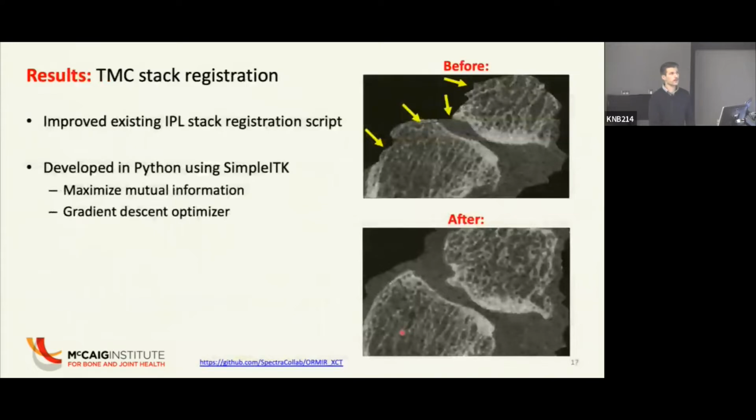And this is just an example of the registration issue that I was talking about. We had a lot of issues with some of the scans where the registration clearly wasn't working. We were losing parts of the bone, and there was what we call the stack shift artifact, which you can kind of see at the top here. But using some Python and simple ITK, we were able to get much better images, at least visually. We didn't do any quantitative analysis for this, but you can quite clearly see this is a much better aligned